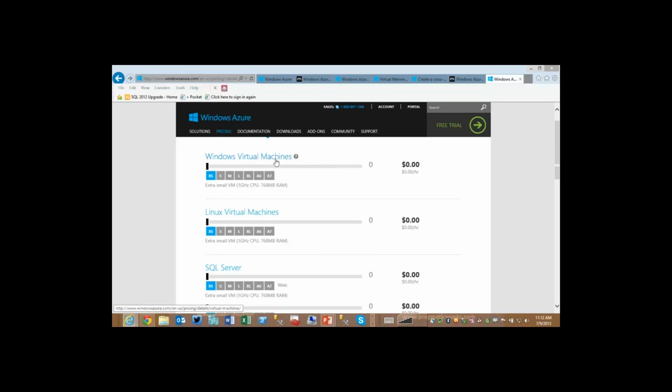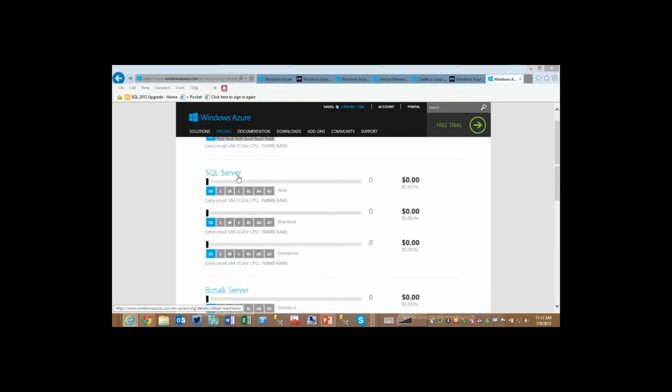However, we're SQL Server people, right? So we want to know what the pricing will be like for a Windows Azure VM with SQL Server on it. So we're actually going to come down here to the SQL Server sliders. Now,